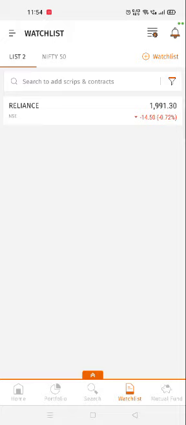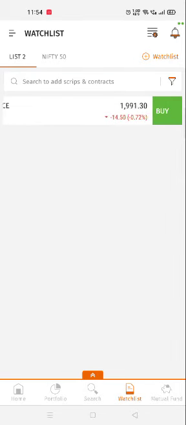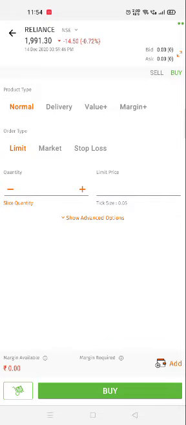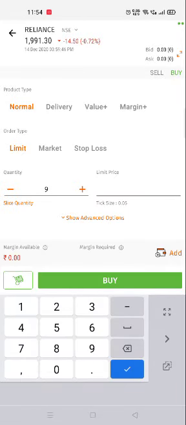We can use the shortcut to buy and sell directly by sliding. When we slide left, see here a buy option is generated, and we just enter the quantity we want to buy, enter the limit price and click buy.